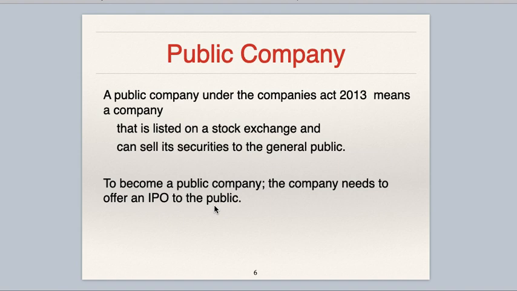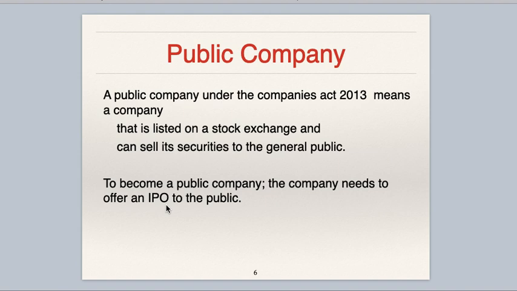IPO is initial public offer. First issue of shares by companies is made through IPO. That is when the company for the first time becomes a publicly traded company on the National Stock Exchange. When for the first time the company asks the public to subscribe for its shares, it gives an advertisement in the newspaper, asking people to purchase shares of the company for the first time, it is IPO.